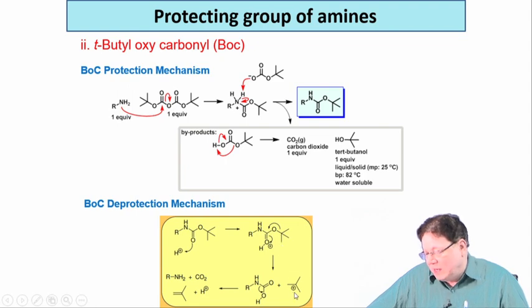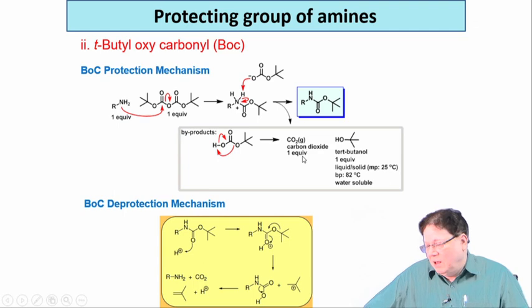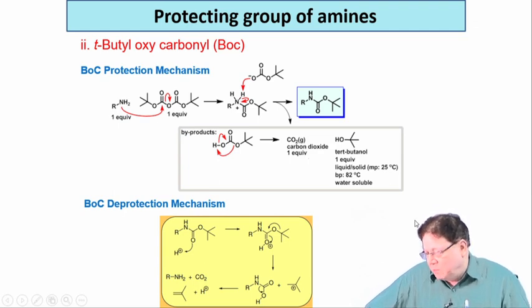We know that T-butyl cation is a very stable cation. So, that is lost, and ultimately that will lose one hydrogen, and what you get is isobutylene as a gas, and then you get H plus, and this carbamic acid derivative, the intermediate from this part, that will decarboxylate. You know, carbamic acids are very unstable. So, that will decarboxylate and you get the free amine. So, these are the methods of protection and deprotection and the corresponding mechanistic aspects.